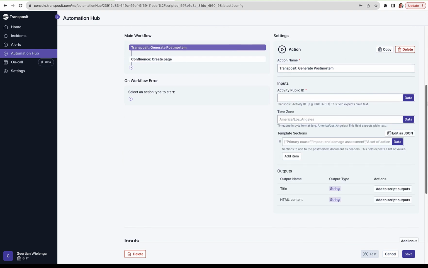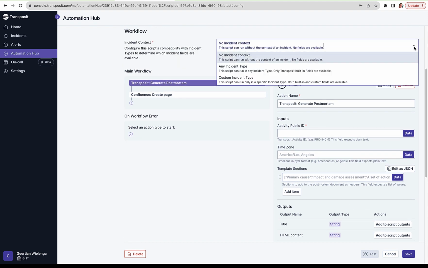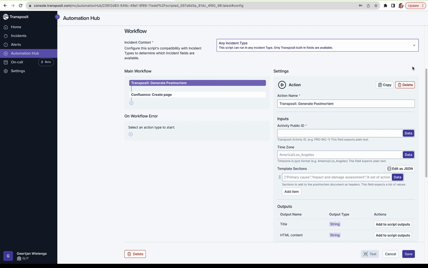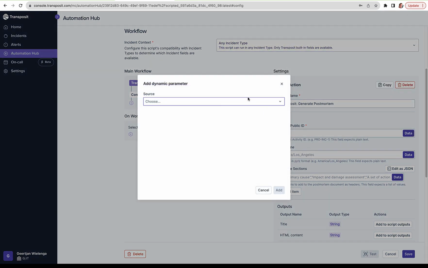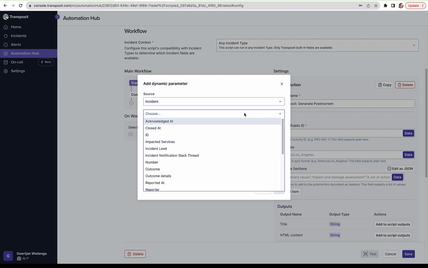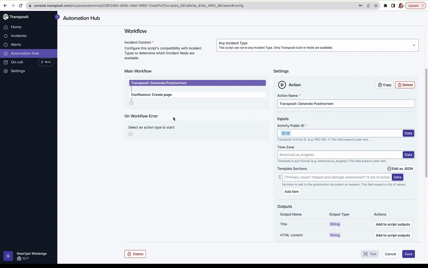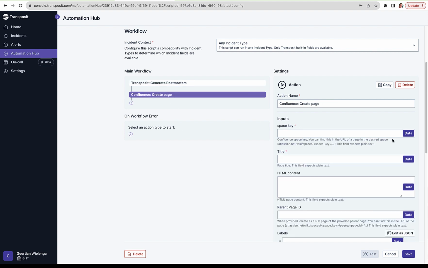Importantly, the generate postmortem action requires an incident ID. So that means we need a context. Either all incident types are supported or a specific custom type. We can specify that as we have done. And then we can get the ID from the incident,